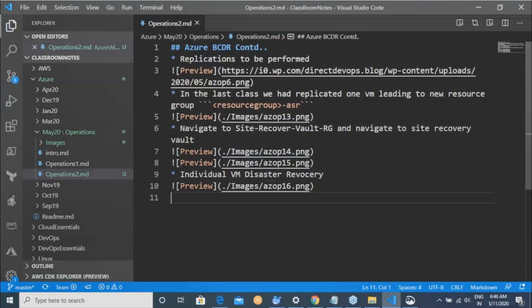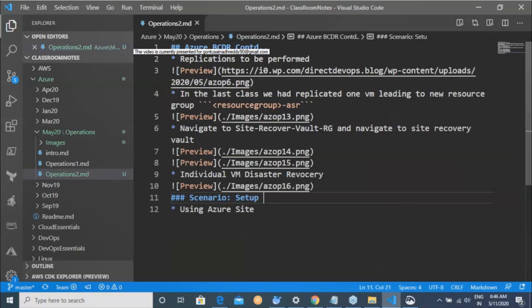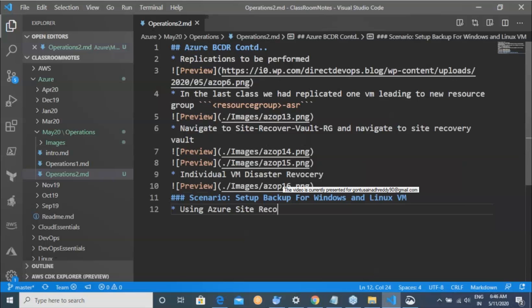Now the scenario is using Azure setup backup for Windows and Linux VM using Azure Site Recovery.